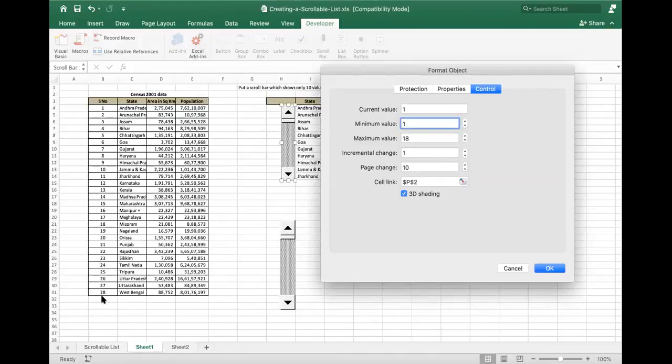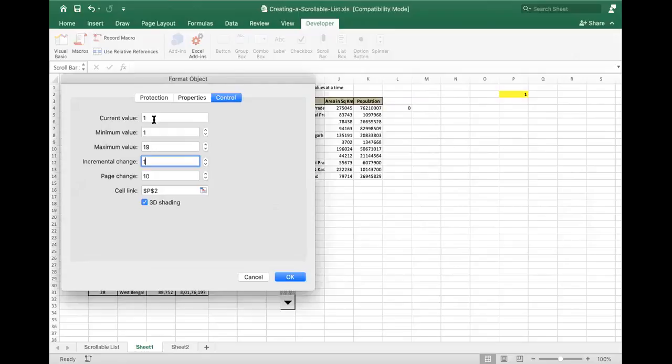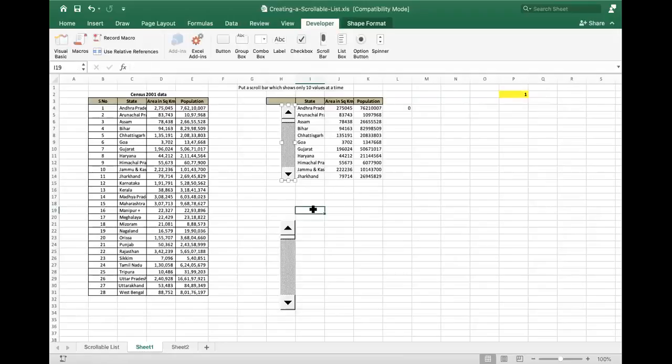I have here total 28 values, right? So if I want to show only 10 values, the maximum value will be 28 minus 10 you can take. So 19th value. Okay. Incremental change I want as 1, and for a page change I want 10 values. And then I'm linking this to this cell value. All right. Instead of putting a fixed value of 1, I'm linking it to this particular cell. Okay. Once I do that,